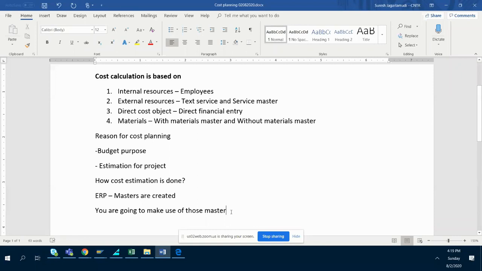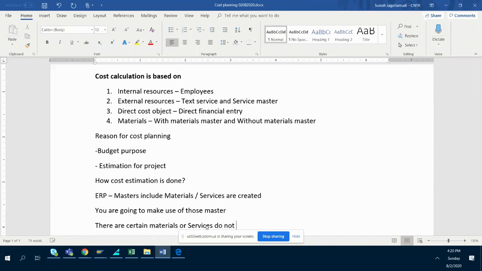Suppose there are some materials which are not available in the system, of course that does exist. There are certain materials or services, I'm saying, the moment I say masters, masters include materials and services, always remember. Things and services. Now, suppose there are certain materials or services